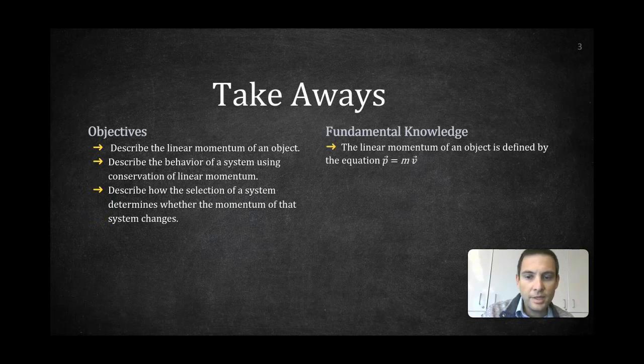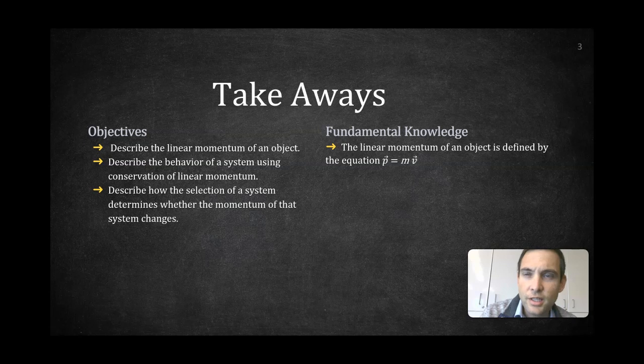By the end of this lesson, we'll be able to describe the linear momentum of an object, describe the behavior of a system using conservation of linear momentum, and describe how the selection of a system determines whether the momentum of that system changes. To meet these objectives, we have to know that the linear momentum of an object is